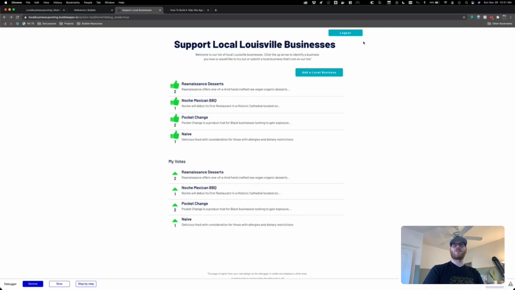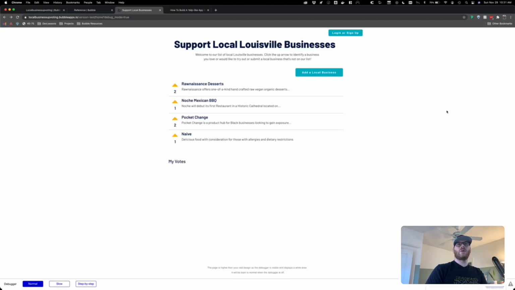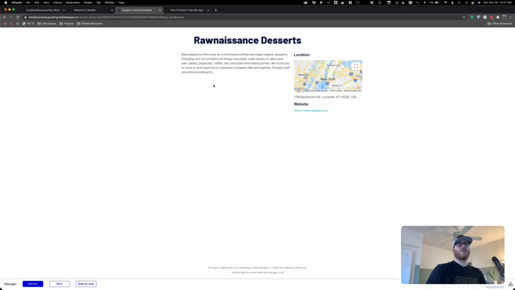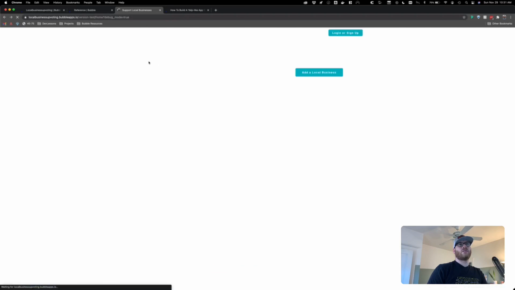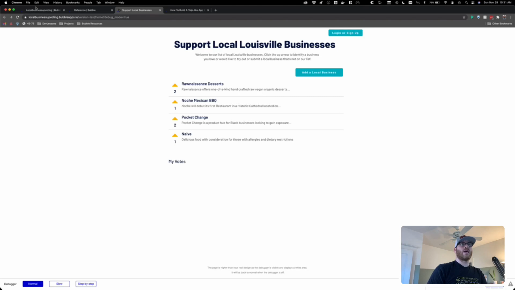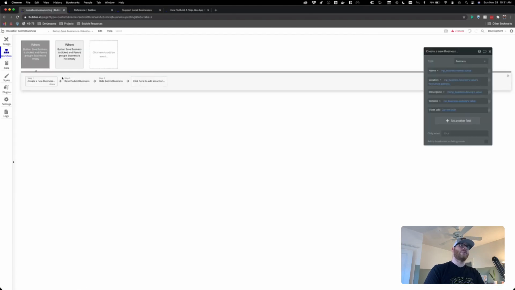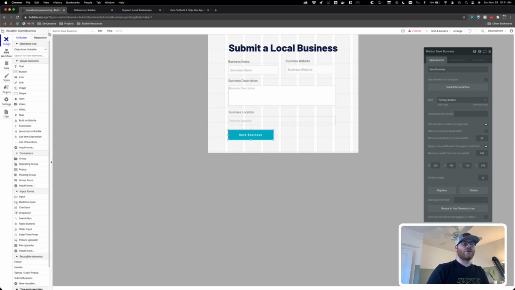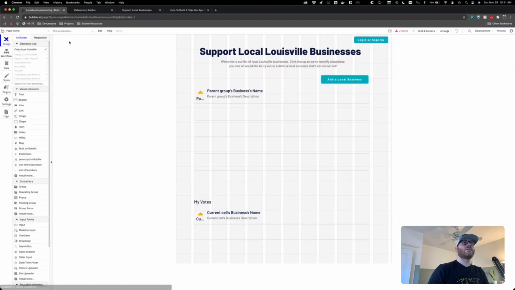So let's first log out and see what we can do. We can look at the business. So yeah, first bug that I'm seeing is once you get to this business page, you're not seeing a button to get back. All right. For the purpose of this exercise, all we're going to do is add a back to list of businesses button. In the future, we'll add like a navigation and all of that, but just for simplicity's sake,